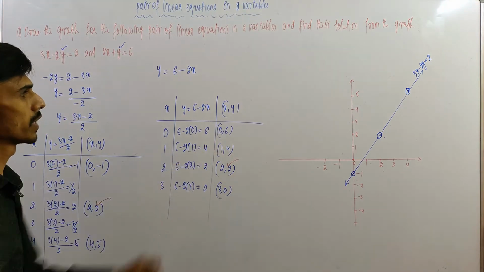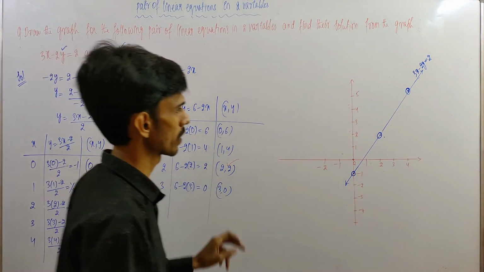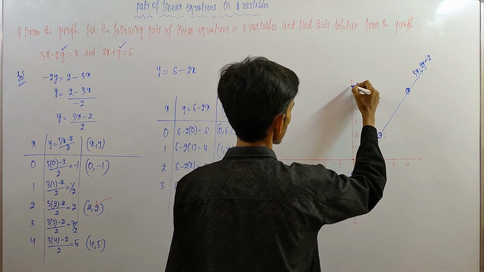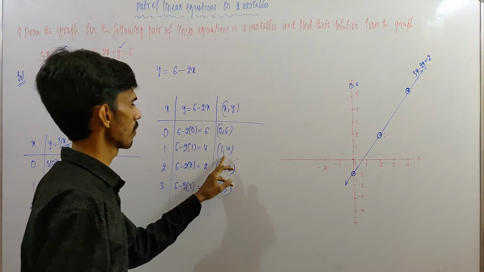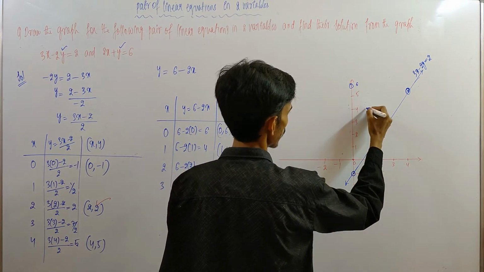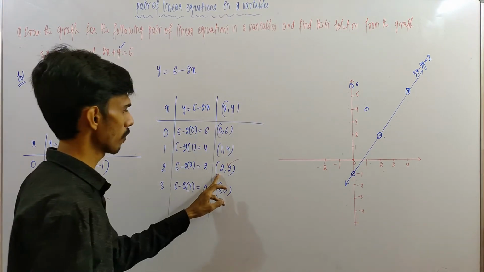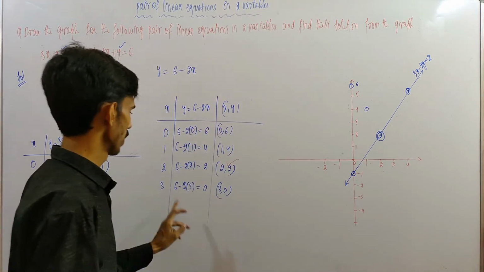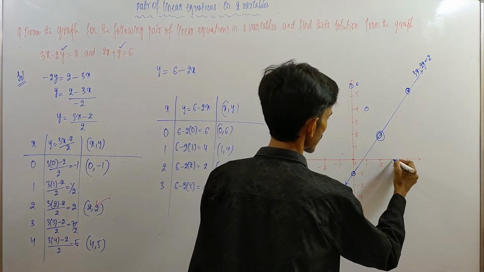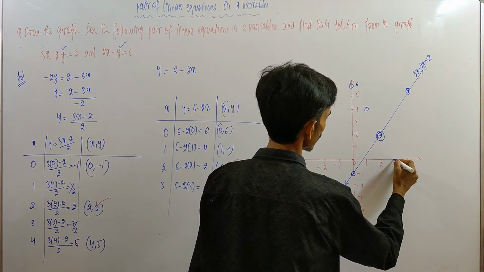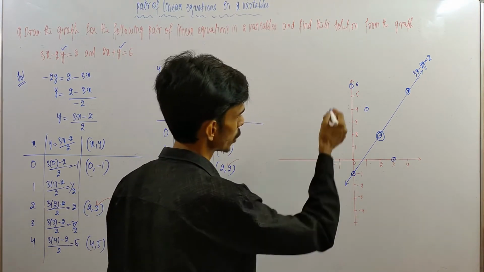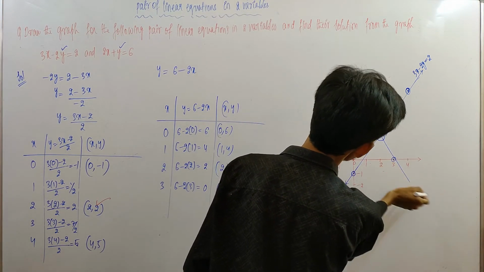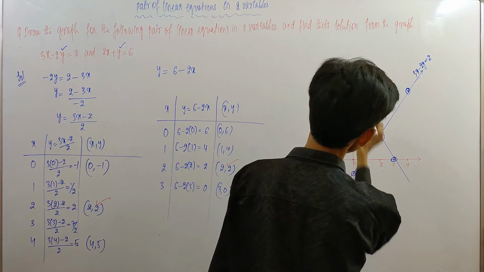Let us plot this line also. 0, 6. Here we have 0 and here 6 will be there. So 0, 6 is the point. Next we have 1, 4: 1 up to 4. Next we have 2 comma 2, again we have to plot this point. Now 3 comma 0. This is 3 and the y value is 0. If we join these 3 points, we get a straight line. So this is the straight line going through these points.